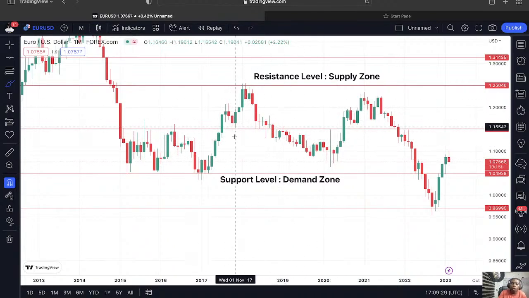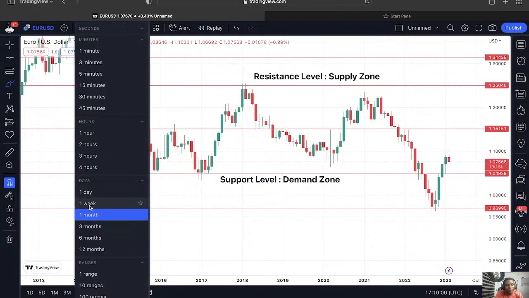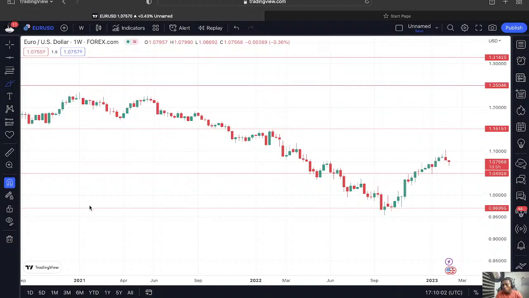Now that we've been able to establish this level as support and resistance level, we now want to look at the lower time frame. What is the lower time frame going to say? So when we look at the lower time frame, which is here,